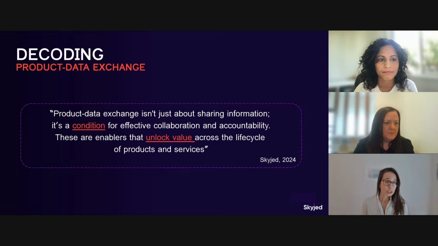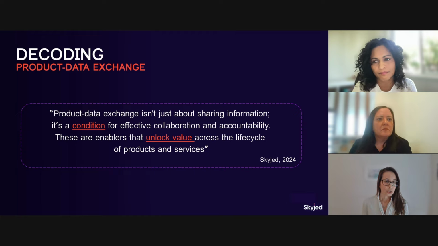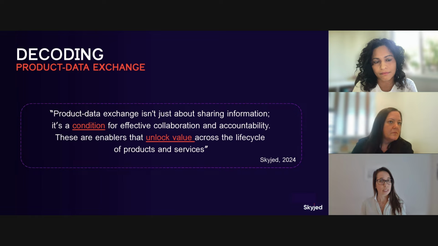Thanks to data exchange, you can actually unlock value across product life cycles. And we all know that such data is a strategic resource, so its management is a key issue. What we have been seeing with our clients is that lifecycle management combined with data exchange can help organizations to remain competitive under a variety of scenarios.